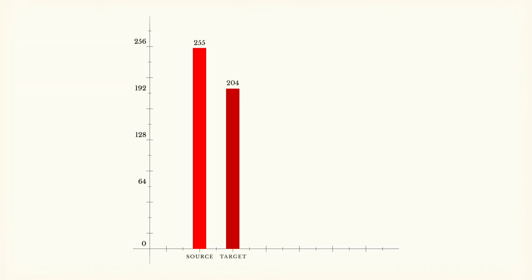Now we can put the amount of red as the value of the vertical axis, and show bars representing an example of what the source red is going to be and what the target red is going to be. Let's add another example. Starting from a darker red tone, we want to darken it even further. We now have a very basic idea of what the transformation should do. How do we adjust the polynomial to it?